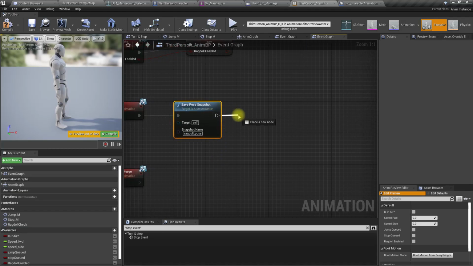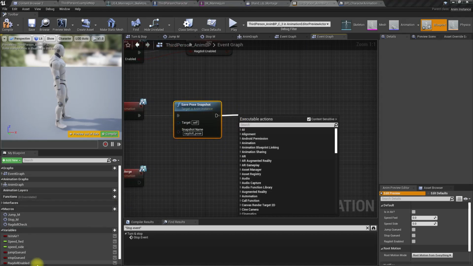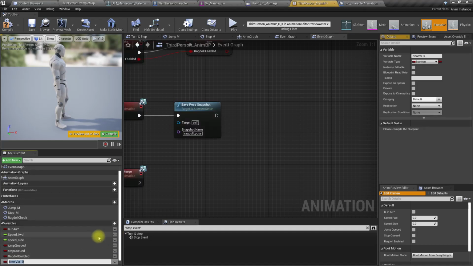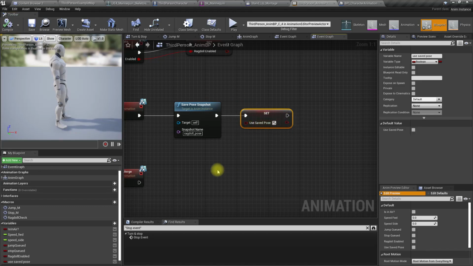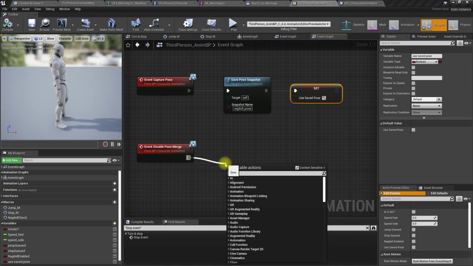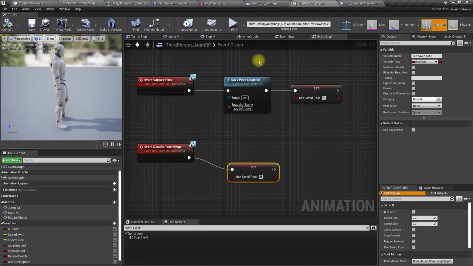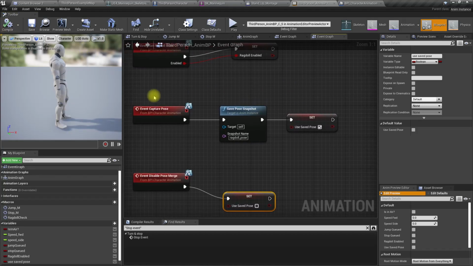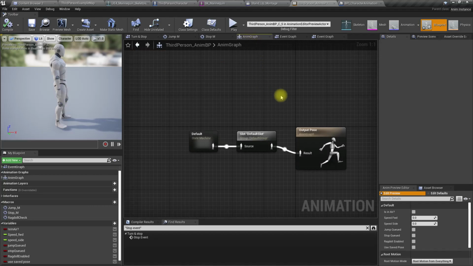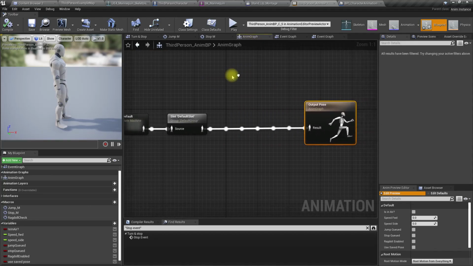And then let's have another Boolean variable, use saved pose, and I'll set use saved pose to true. Here all I'm gonna do is set use saved pose to false. So when I call this capture pose, and the animation we can have